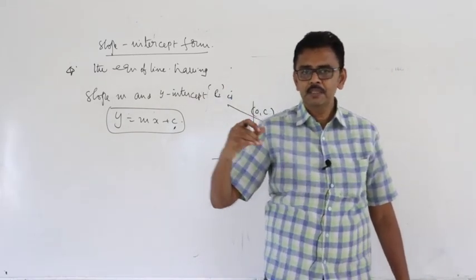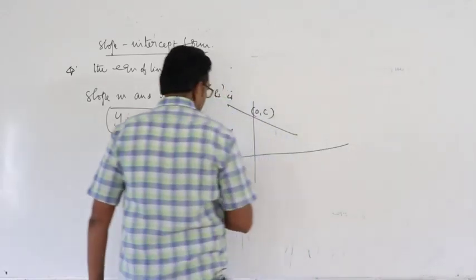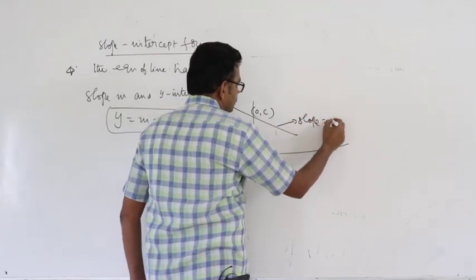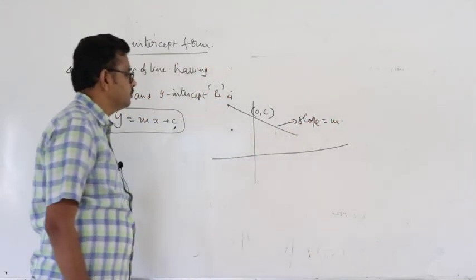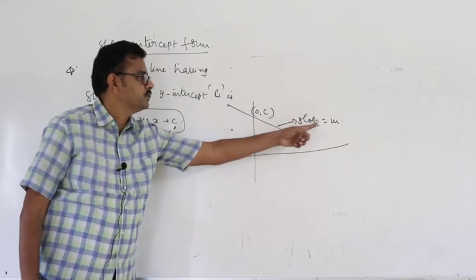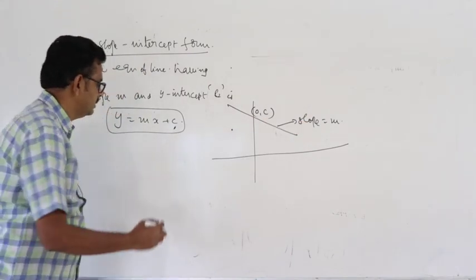And for this line slope is m. Now to find the equation of line, we have a point with the slope. Point is 0 comma c, slope is m. So equation of line,